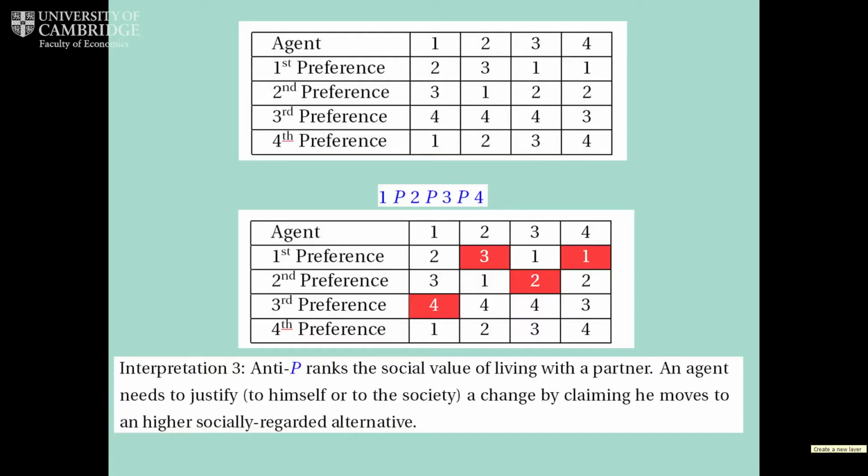So the P is some sort of social value that, technically, just determines the budget sets of the individuals. But the interpretation in this case is that it is permitted to express your personal views and preferences, but only if you can justify it also by advancing some social goal. It's the anti-P, and notice the analogy: when you think about the standard economy, in some sense to justify a change here, you need to